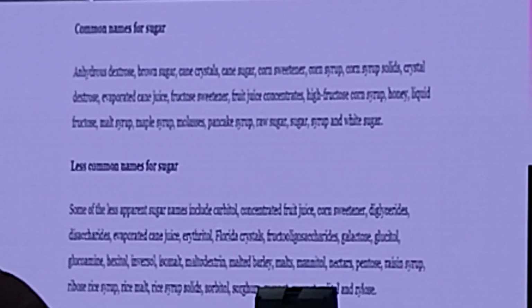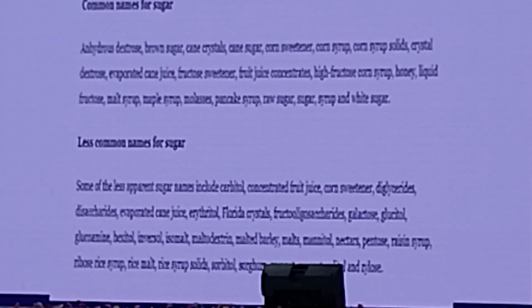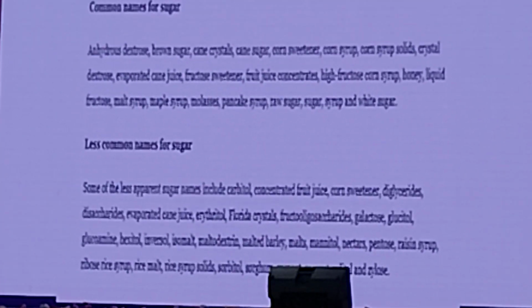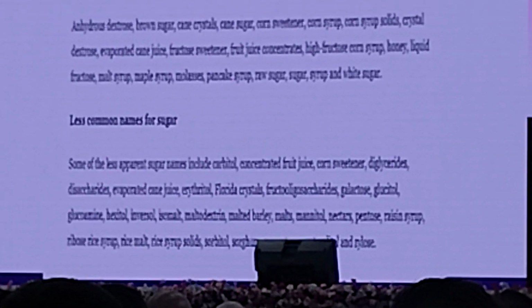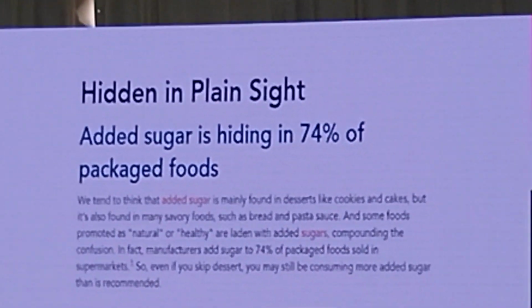So now what happens here? How do they cheat you? They cheat you by changing the names. What names do they put? Evaporated cane sugar, fructose sweetener, fruit juices, crystal dextrose, anhydrous dextrose, and lower down maltodextrins, malto. They change the name of the sugar on the packet, so you don't understand that you are taking sugar. All this packet contains sugar, which is high fructose corn syrup. So what happens? The hidden fact is